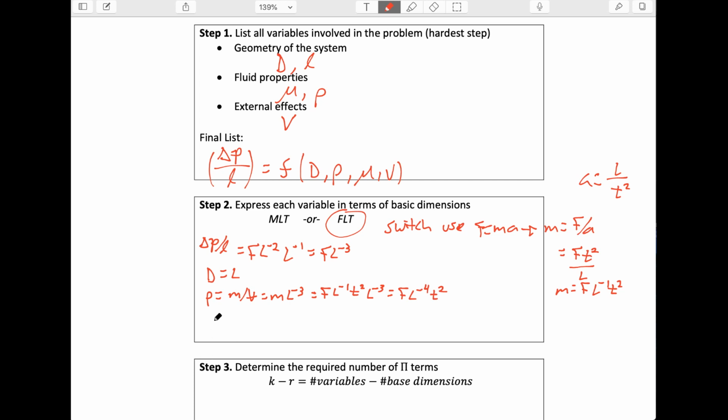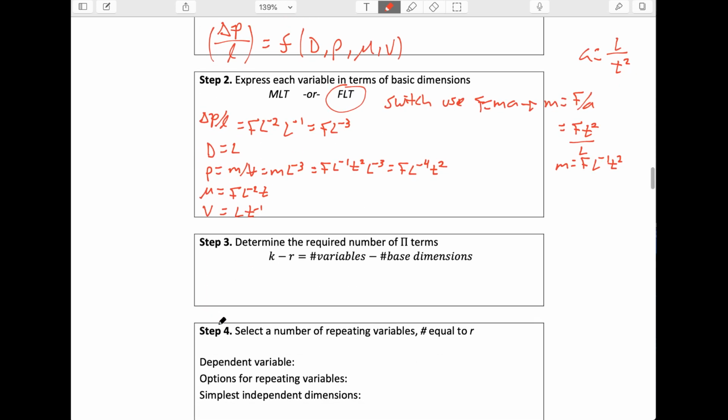Next variable is viscosity, mu. For this one I usually just go look up the value and see what the units are on it. It turns out to be force per length squared times time. And lastly we have the velocity. Velocity is distance per time, length per time to the minus 1. Okay, so what we've done is just written the units out, or the dimensions, excuse me, for all of our